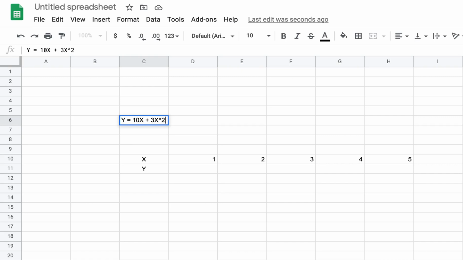Again you will see the symbol I have put for square. It is the reverse V. We call it the hat or the caret symbol. So I'll give some spaces here also so that you can understand better. So this is the equation. We are saying y is 10x plus 3x square. Okay. So now in this, what are the constants? The coefficients. 10 is the coefficient, 3 is the coefficient.